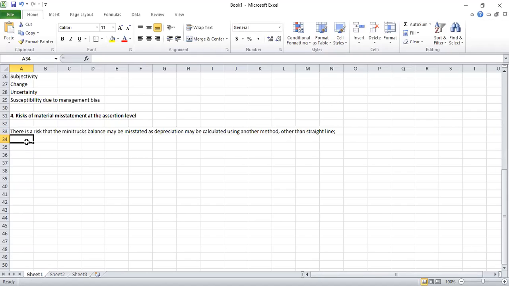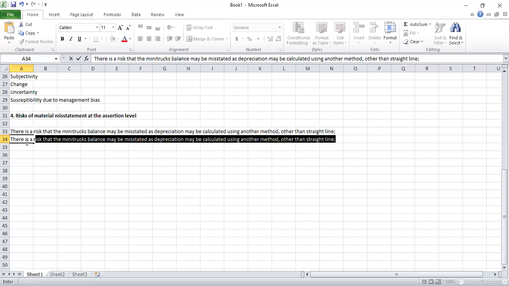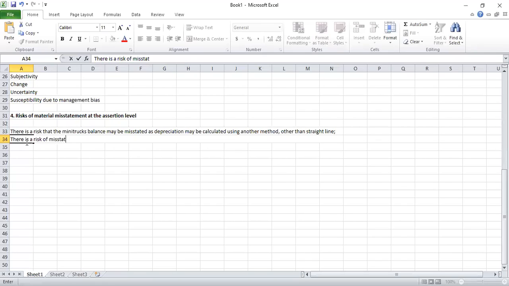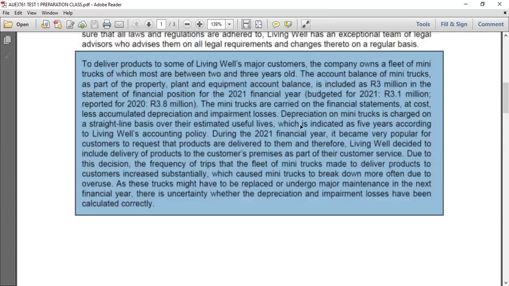All right, then there's also a risk of misstatement due to using wrong useful life in determining depreciation. Because they said over the useful life. So the useful life can be wrong. All right. So instead of using, maybe you can say of not using 5 years to be specific, because the useful life is 5 years. So you can say there's a risk that,